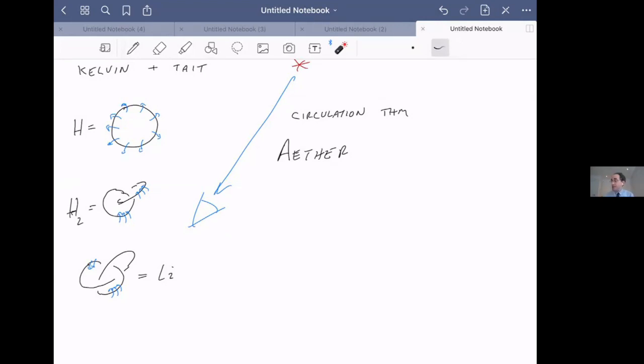Nonetheless, for about 10 years, much of the scientific community was really enamored of this Kelvin's vortex theory of the atom, and spent a lot of time trying to think, is there some way you can derive chemistry out of this picture of knots in the ether? At the end of those 10 years, most of the people in the scientific community had more or less given up on the vortex theory of the atom for exactly the same reasons that Tait had mentioned in the first place, that it didn't seem to predict anything useful.